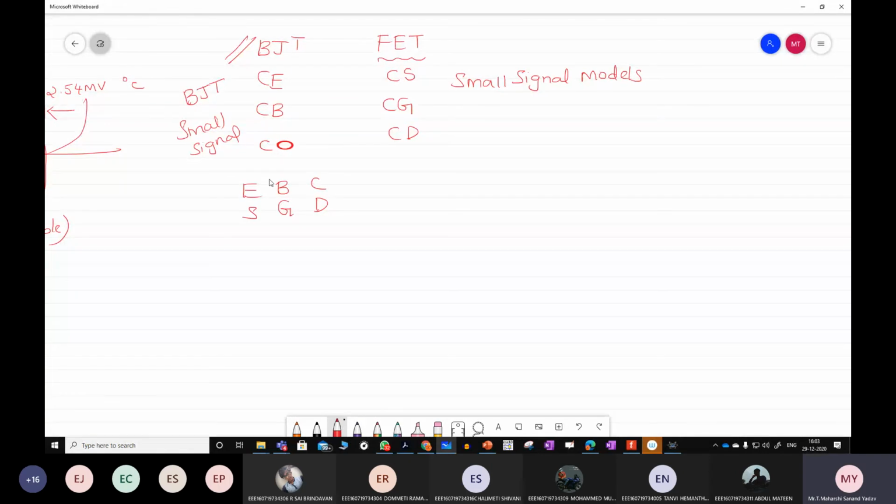Have you gone through the H parameters once again? H parameters of BJT. Can anyone tell me the equations that we got? What are dependent, what are independent? Have you revised?